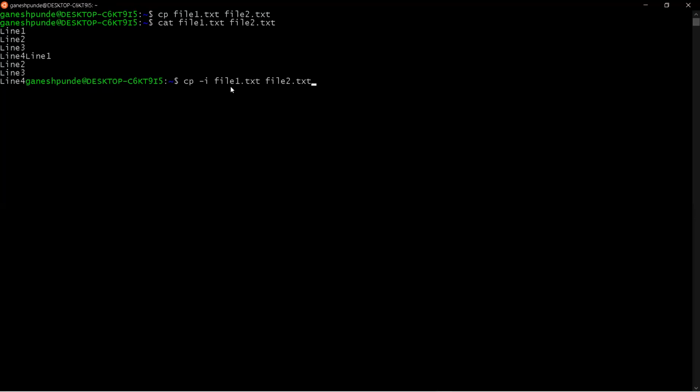It will give you the prompt message, do you want to overwrite? So see, cp overwrite file2, it means, do you want to overwrite this file2? I am saying no, don't do that. So it didn't copy. But now if I say yes, it will copy, right?